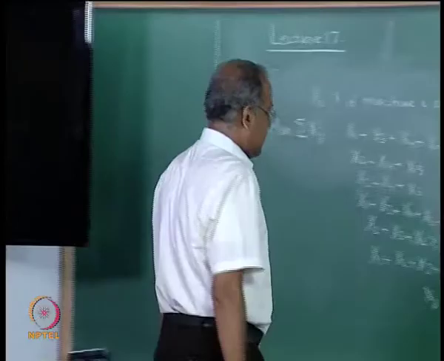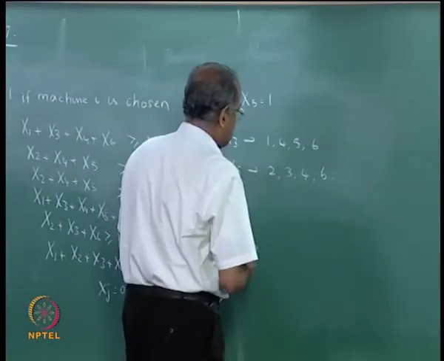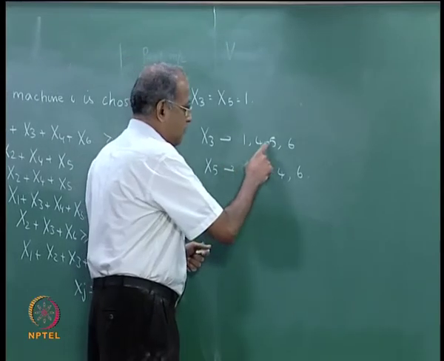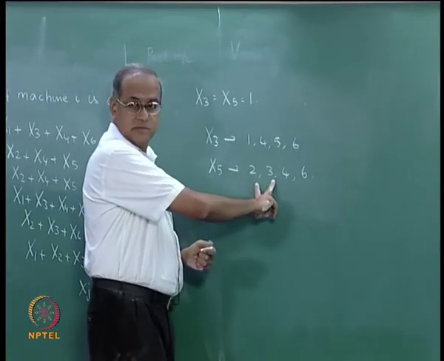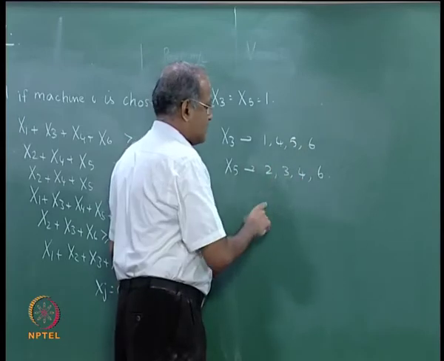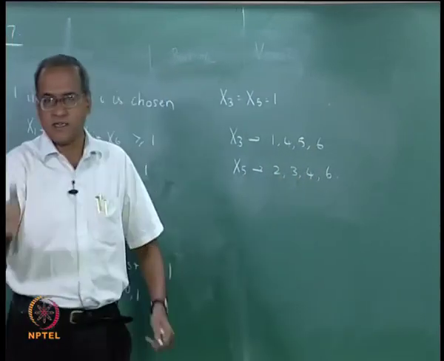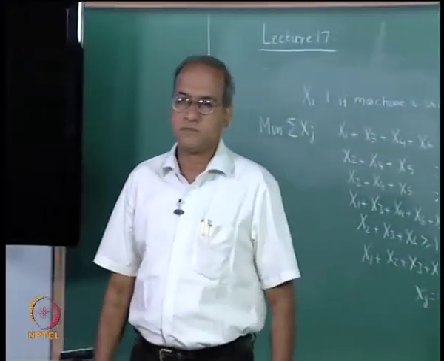So, now it is up to us to say that we could choose this to do 1, 4, 5, 6, this can do 2, 3, this can do 1, 5, 6, this can do 2, 3, 4, we can choose anything from this solution.